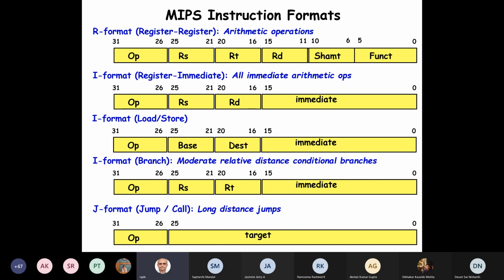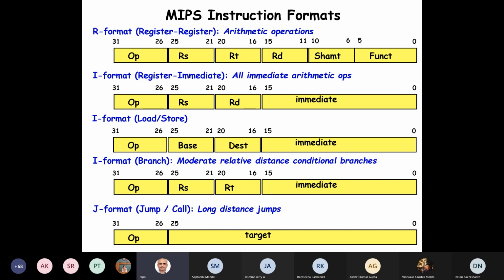And the other thing to note here is that whatever address we get, there is a range to which you can jump. The range is defined by the 26 bits.